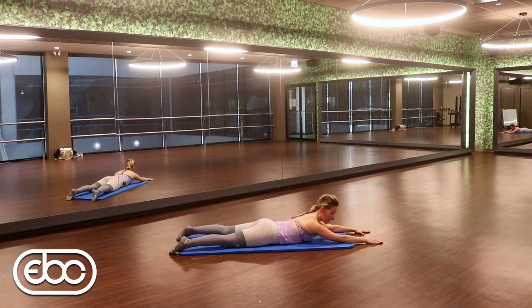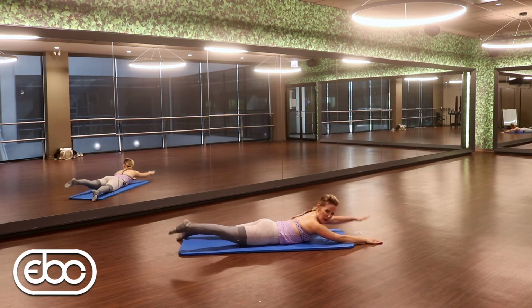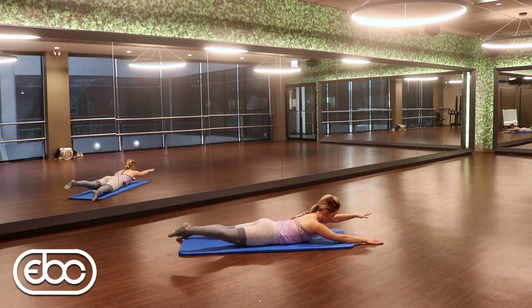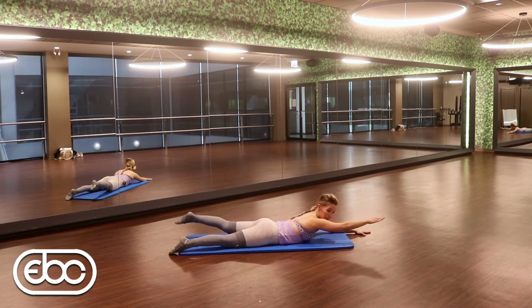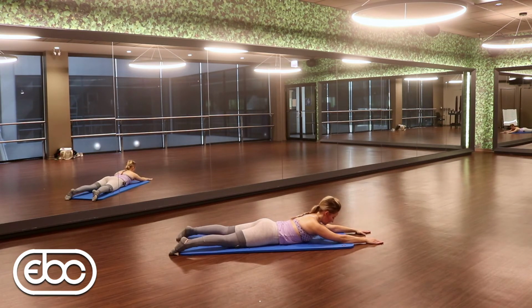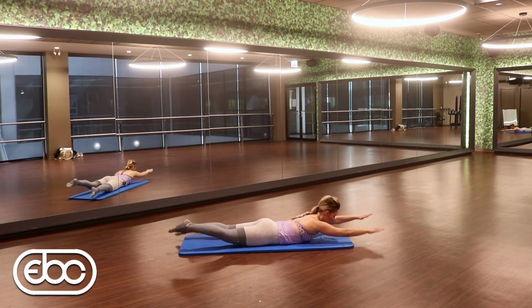And we're protecting that back constantly, so navel's drawn in and up. So you gotta kind of tell your body, okay, you're gonna lift. Work together, work together. You're ready for a little bit more, here we go. Last time. Alrighty, as one unit, arms and legs lift, and then start to swim up, down, up, down, up,